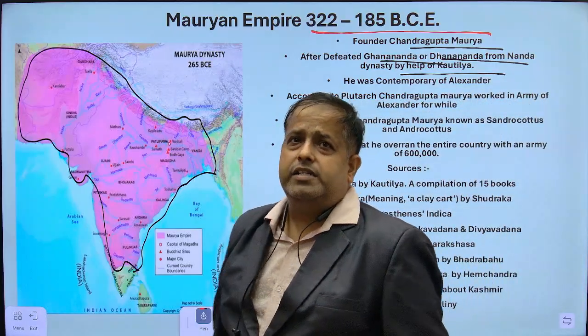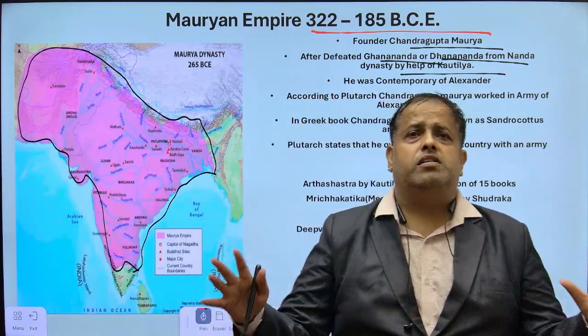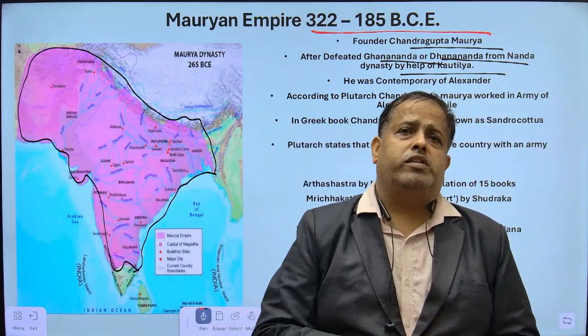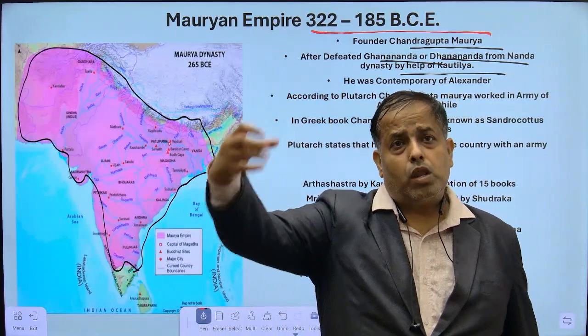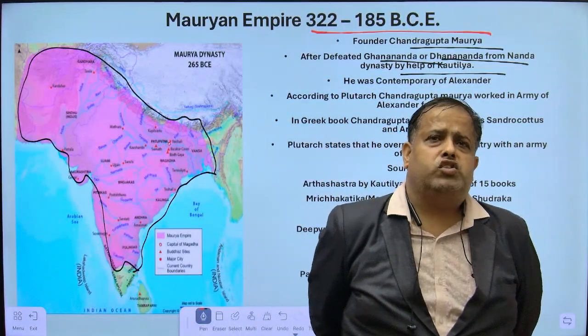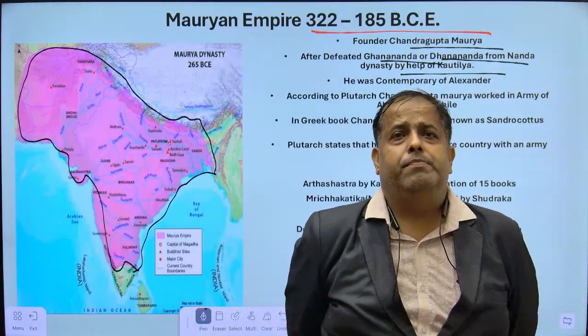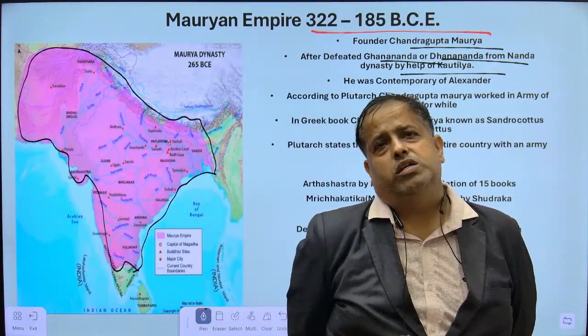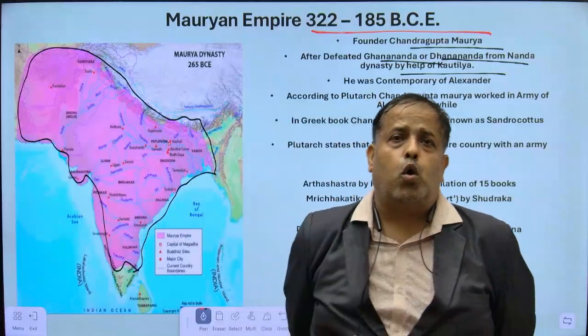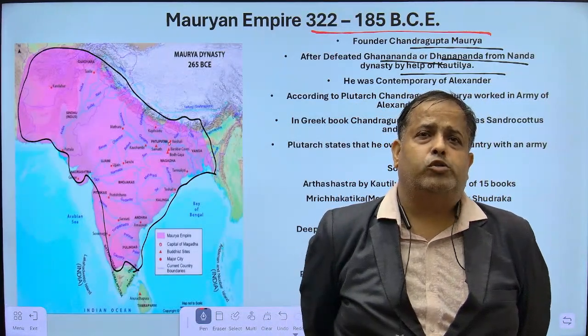At that time India was divided into 16 Mahajanpads, and among them one Janpad gained supremacy, known as Magadh. Magadh was established as a very famous dynasty, the Haryaka, and Bimbisar was the founder. After Bimbisar, Ajatashatru got the throne. After Ajatashatru, Udayin got the throne. This is about the Haryaka dynasty.